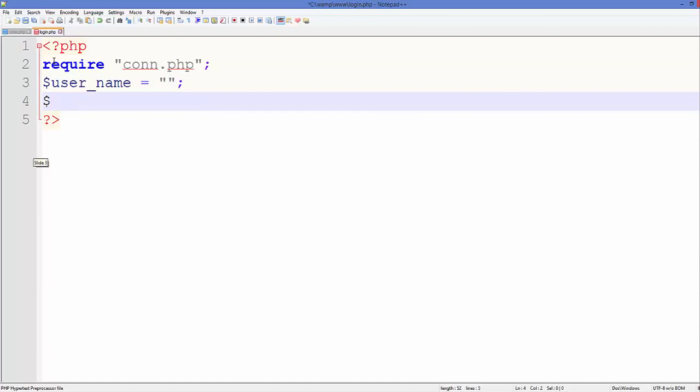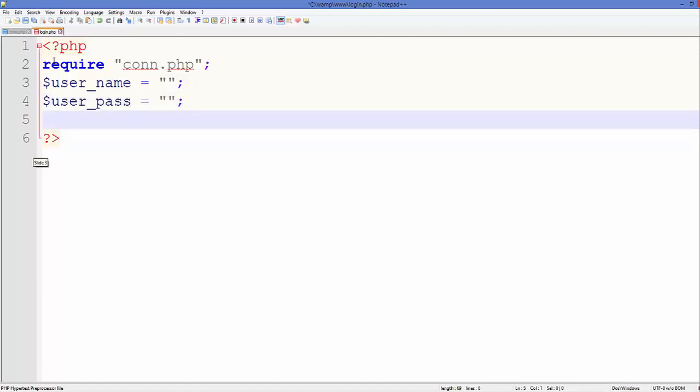And second variable name is the user password, so just write user_pass and leave it as blank for now, because we are going to enter some data inside the table, and then we are going to check against it. Okay, and then we are going to prepare a query. So just write